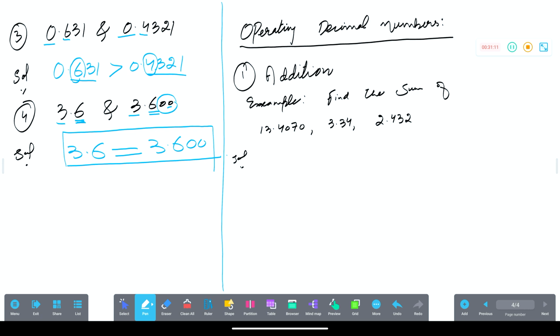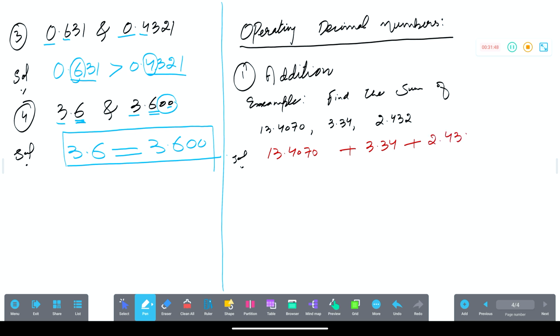In your book, their sum is given in vertical form, sorry, vertical form. That is writing one just below the other, the way you usually add. But what we will do here, we will try to add them in horizontal form. So I'm writing 13.4070 plus, keeping a gap, 3.34 plus